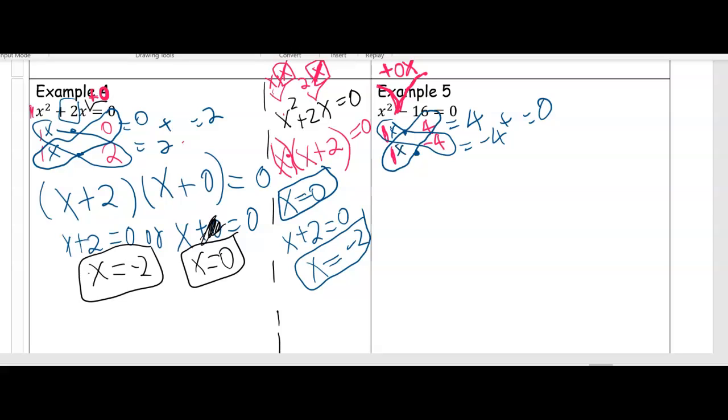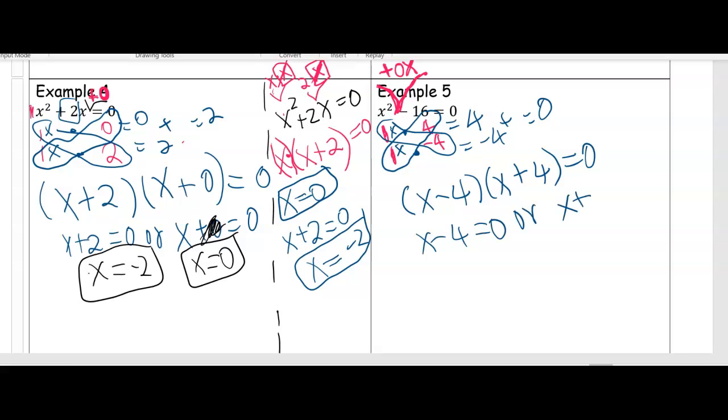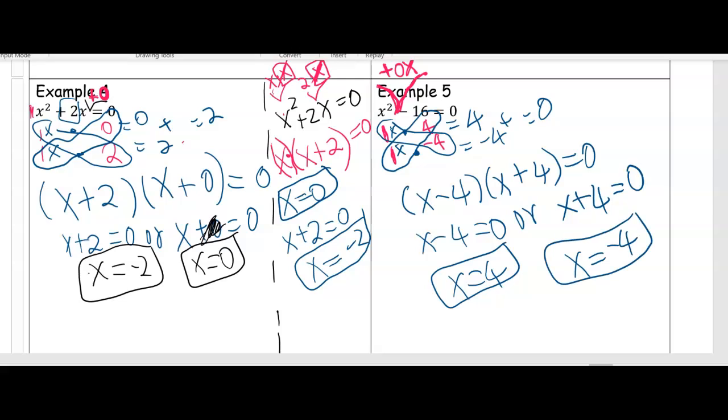X in the first column. So we have x negative 4, x positive 4 equals 0. And turn them into two little equations and solve them. I have x equals 4, or x equals -4. And that's it. Okay. So the last two examples tells us